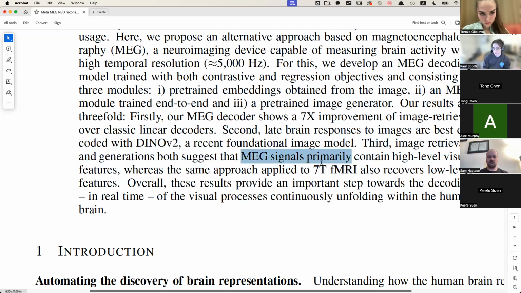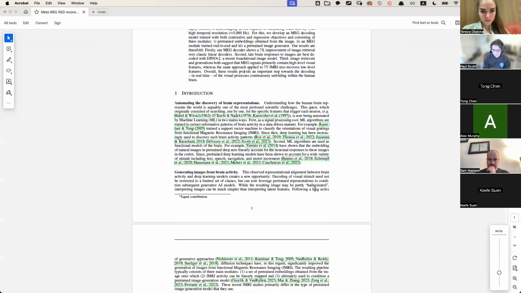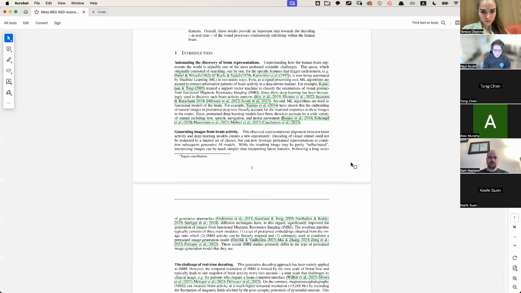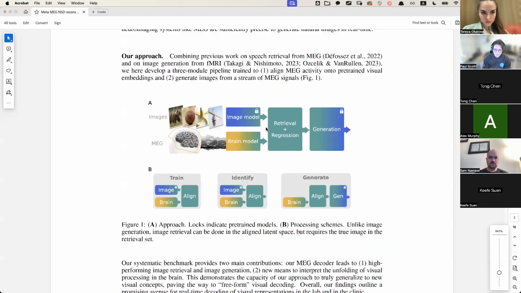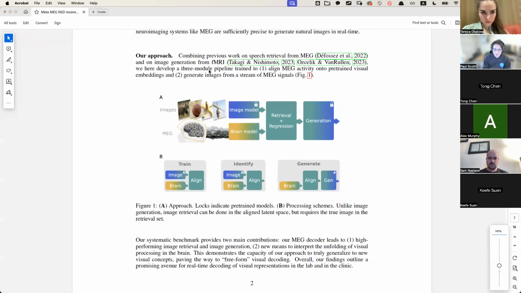And so they're saying because MEG reconstructions don't look good for low level, that MEG signals lack low level content. So the main approach here, and again, interrupt me whenever, is